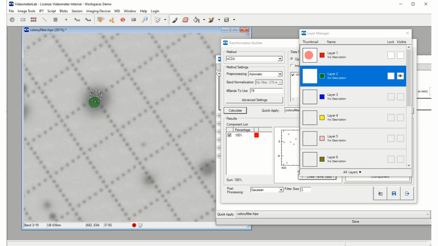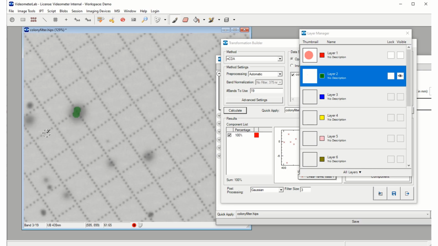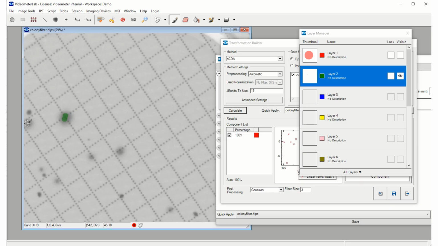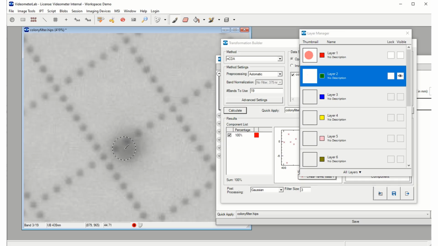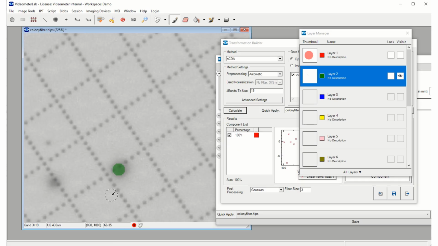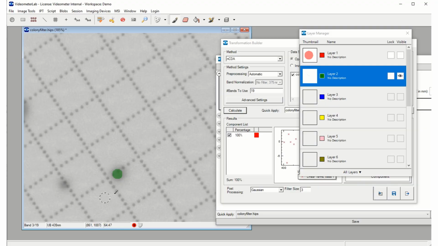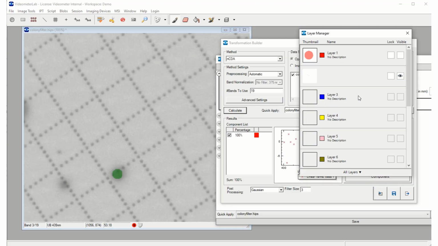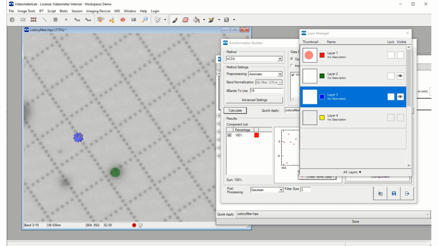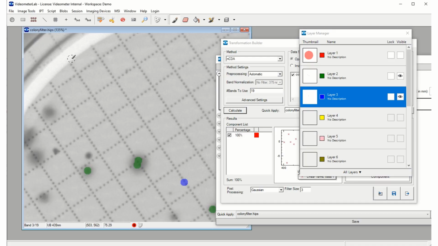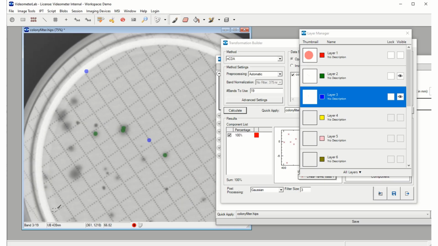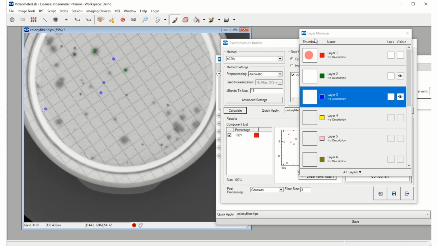I paint both where we have grid spots and where we don't. So in this case we will be sure that we see colonies both where we have the dots of the grid pattern behind and where we do not have that. And then we also need to paint the background here, and we see that we have the background out here and here and here and here. I just paint a little bit around the plate, and now we can go back to the